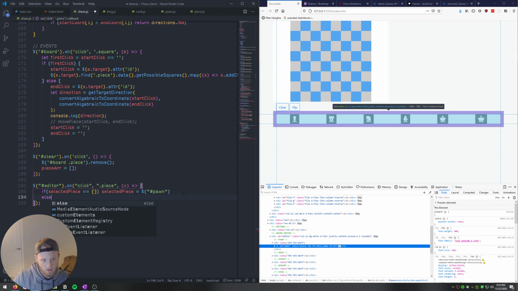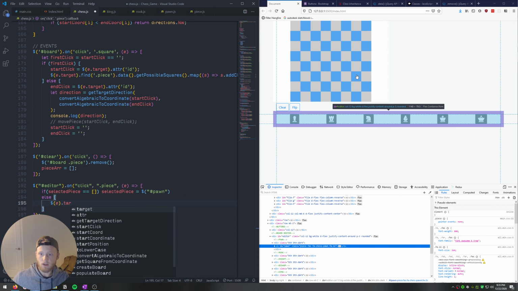Otherwise, we've already selected a piece. So what do we want to do? We want to append it wherever we just clicked, right? Which would be, let's see if I can do this, e.target. So the first click sets the pawn into our selected piece object. The second click is where we